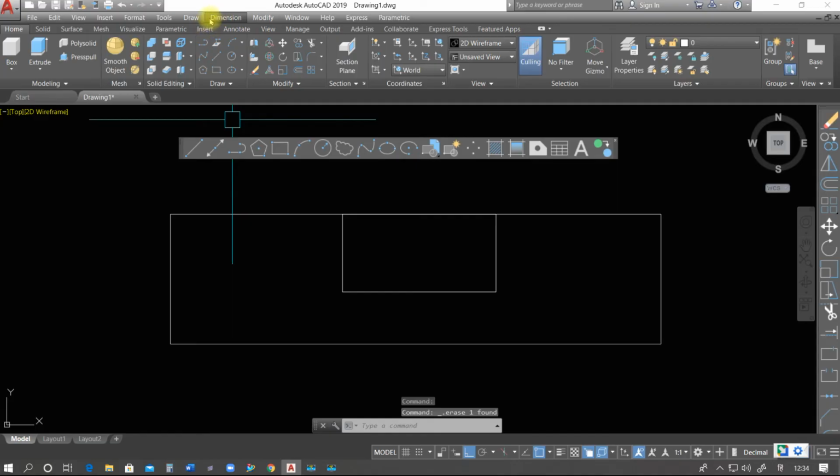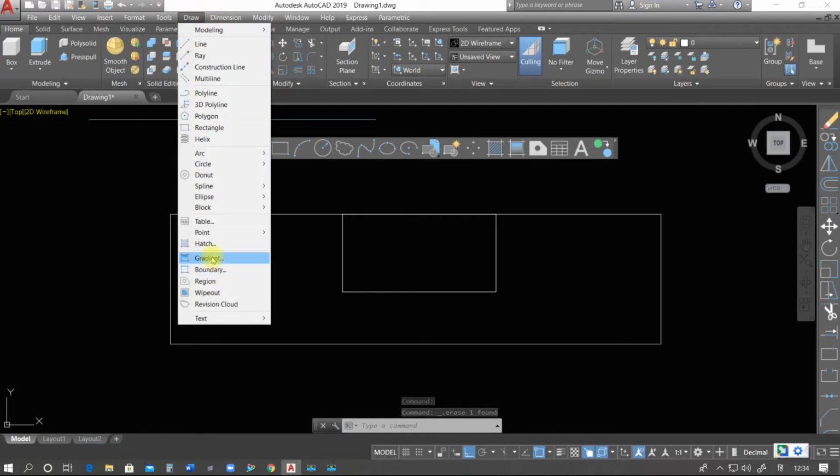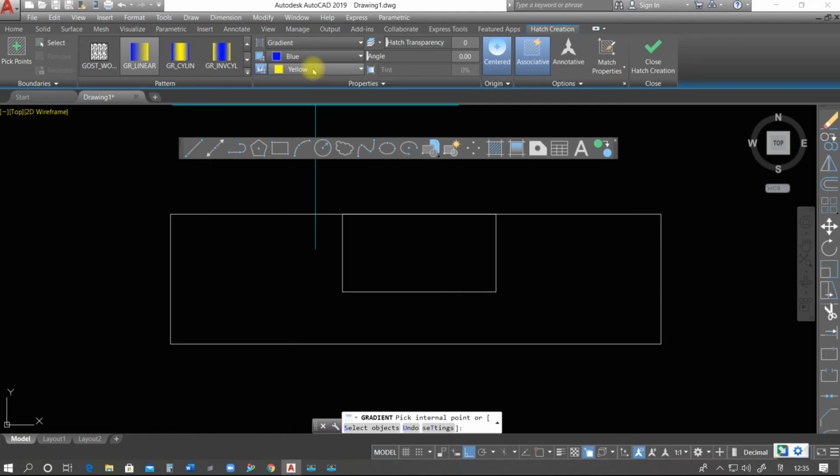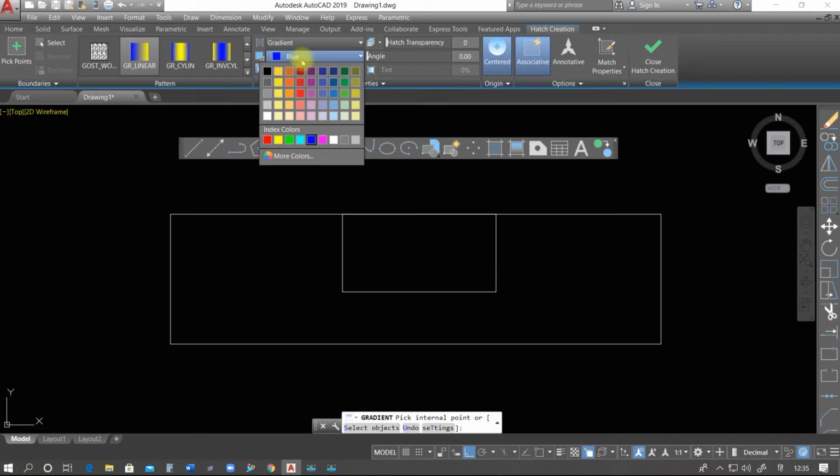Now the next option we have is gradient. With the help of gradient we can show the color contour, as well as give some color effect on the drawing. We have two colors here, blue and yellow. As we click here, we have a number of options for which color you want.